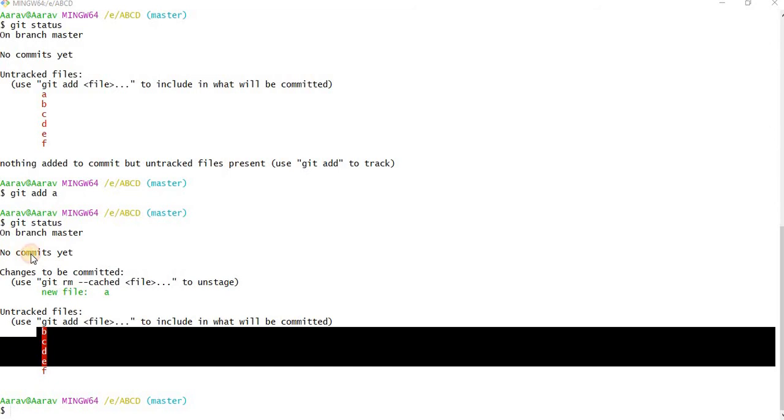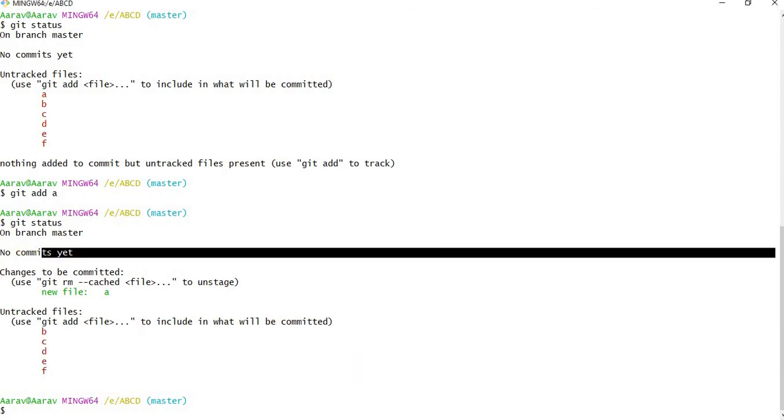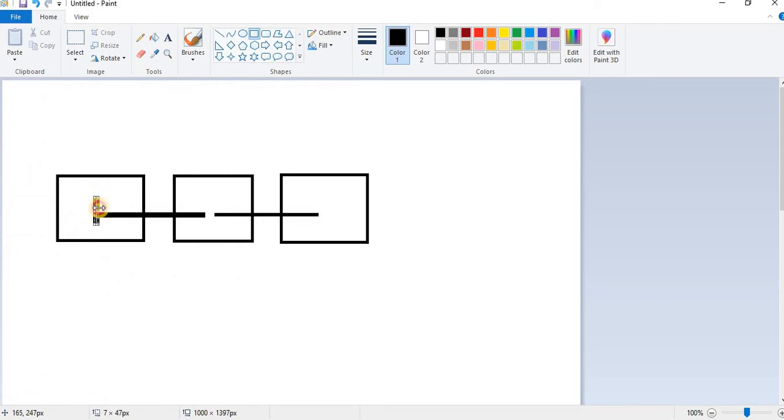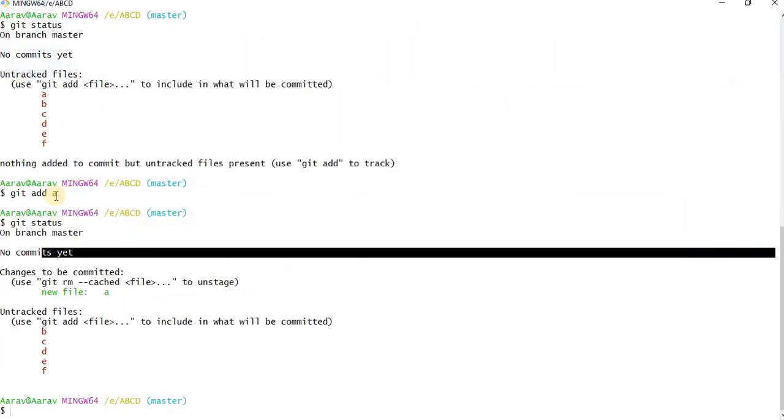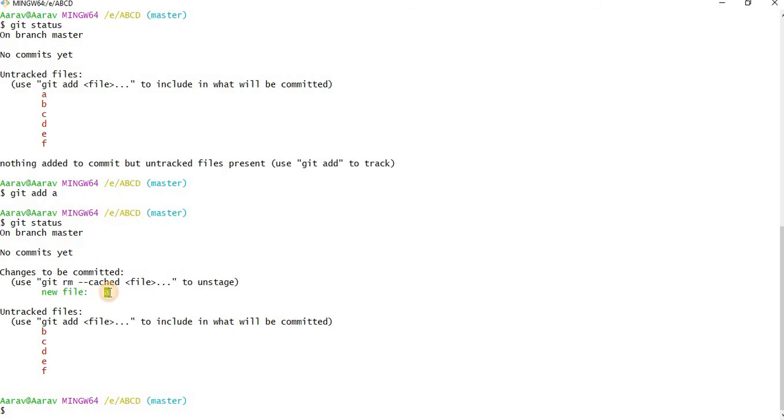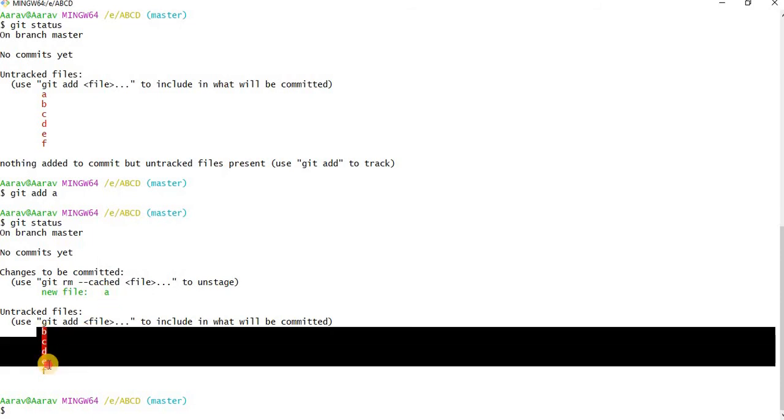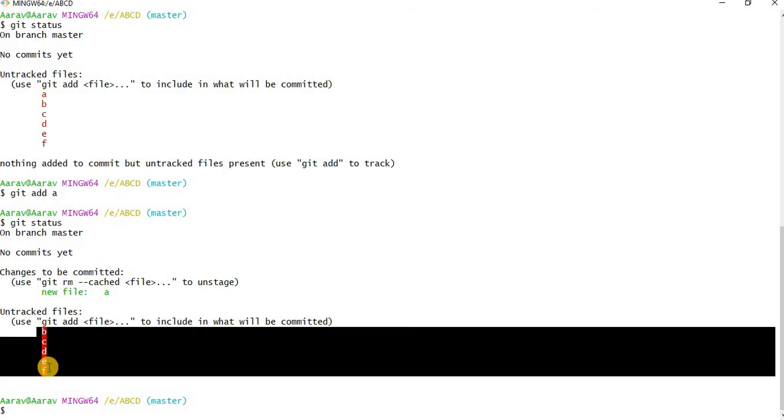It is still saying no commits yet, because we have not done any commit. We have just moved this file from the working directory to the staging area. If you commit, it will go to the local repository. So now file A is in staging, and B, C, D, E, F are still untracked.